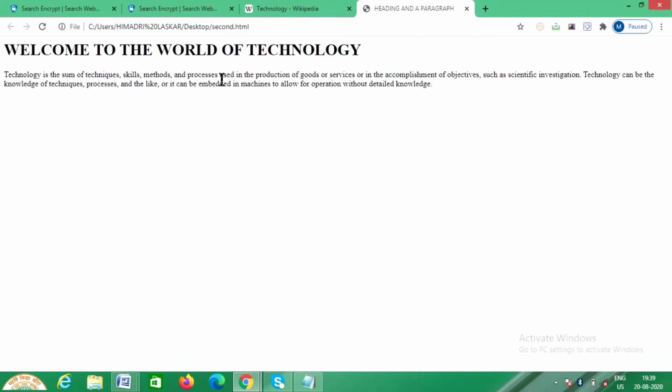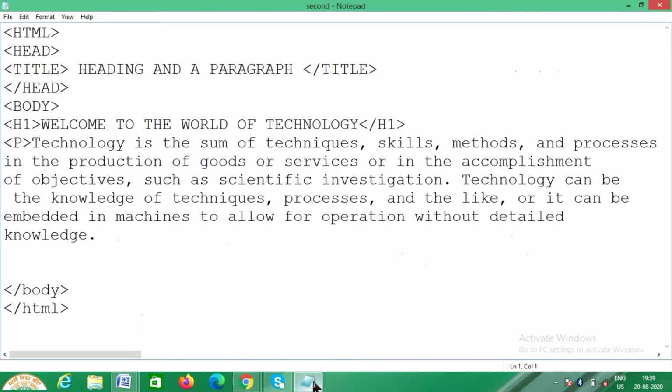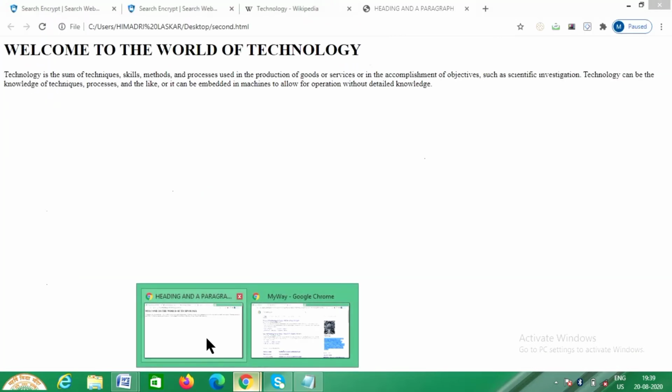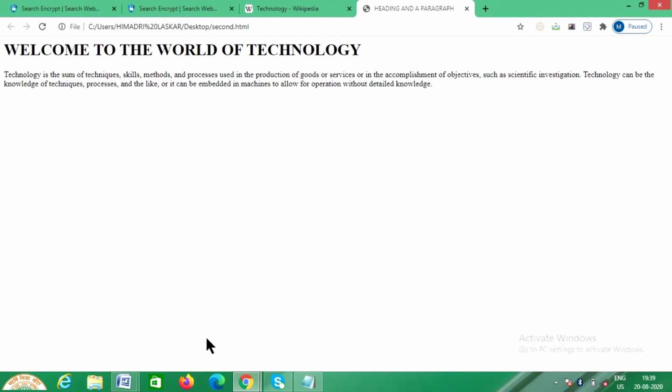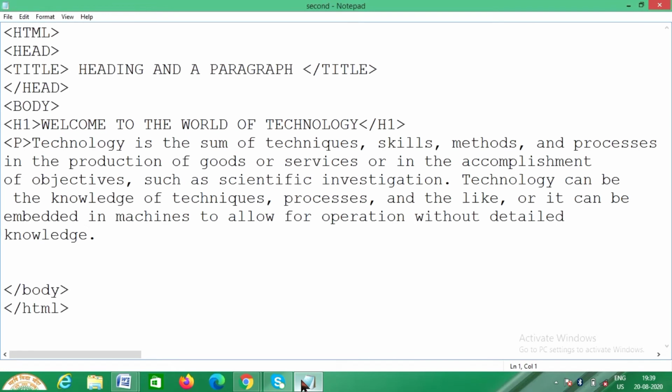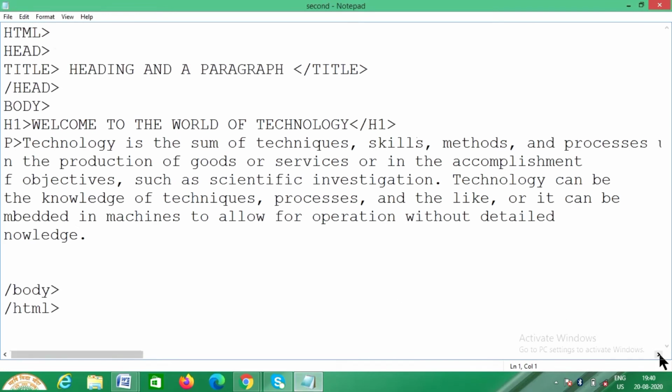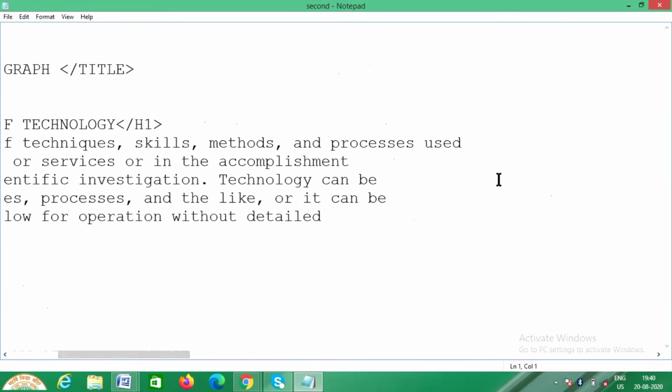So this size you can choose according to your choice. Now here you can see I have written the paragraph in paragraph style, but here it is coming in only 2 lines. Why? Because we need to tell the browser when to break a line. The browser does not know anything, we have to tell how our web page will appear. So one more tag we'll be using here, and that tag is the break tag, which will tell the browser when to break a line. It will simply be like this, BR. So after every line, when we need to break the line, we will use BR.